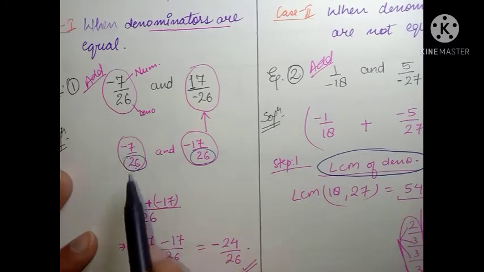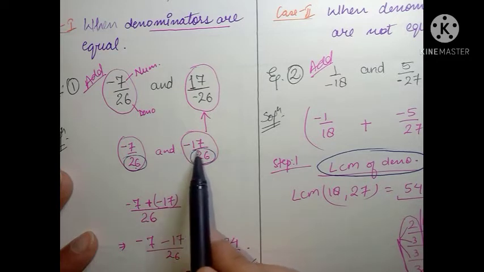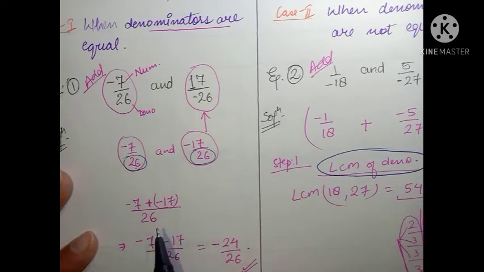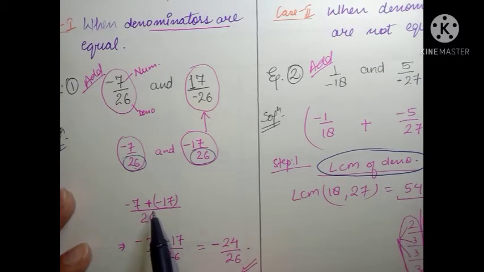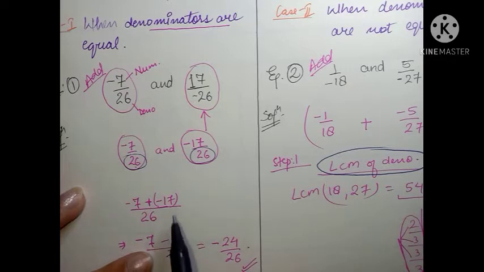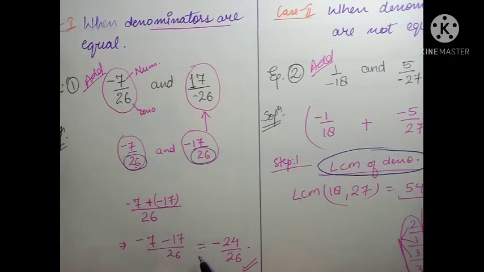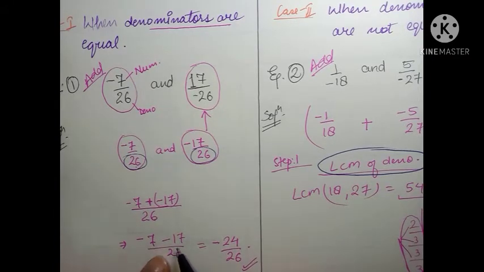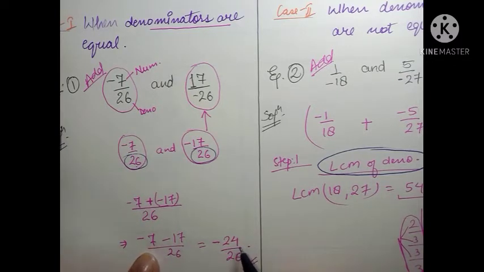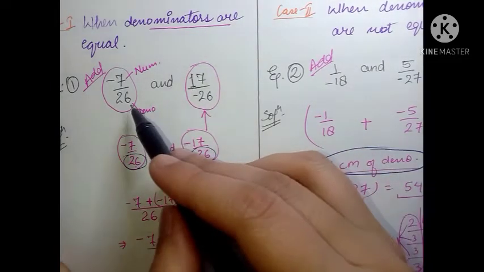Okay, so we have written minus 7 here. Since we are adding, we have put this plus symbol and there is minus 17. We have put this minus 17 in brackets to avoid confusion. Now minus 7, and we know that plus minus is minus, so we get 17 here. Simply adding them, we know how to add integers. There is minus and minus, and the sign goes to the greater one. So 17 plus 7 is 24 and the sign will be minus. There is minus 24 over 26. So this is the answer for this question which had the same denominators.